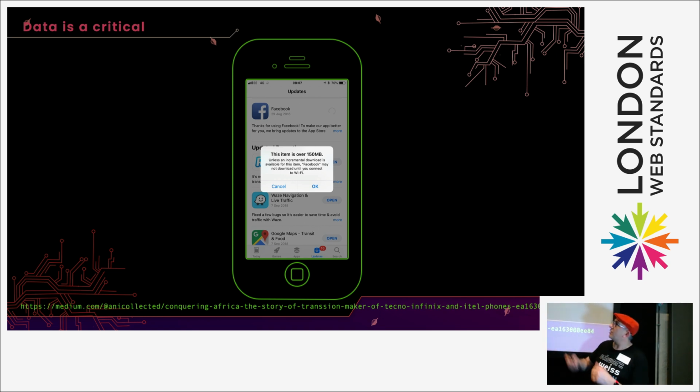So, downloading a progressive web app is probably going to be a lot smaller unless you built it with React and you're shipping loads and loads of JavaScript. But you could abstract all of that to one side. Downloading these apps, they're generally way, way bigger than a website.